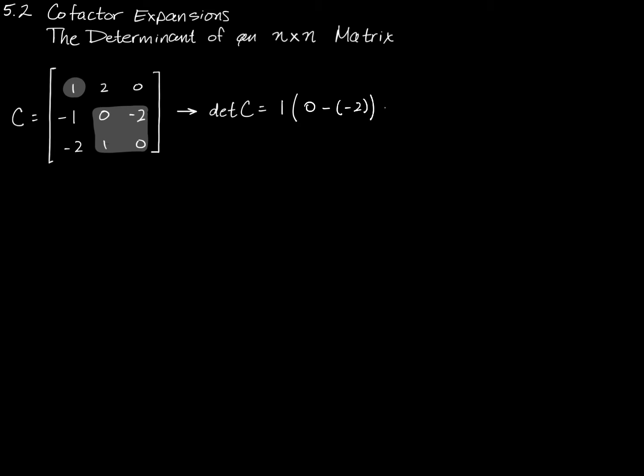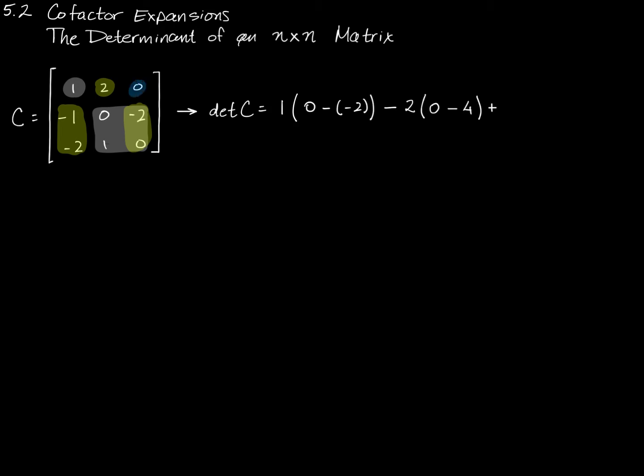From that, we're going to subtract the first row second column times the determinant of, I guess I'll go ahead and use a highlighter for these two. First row second column times the determinant of the submatrix formed from these 4 entries. So that's going to be negative 1 times 0 minus negative 2 times negative 2. And finally, we'll add,